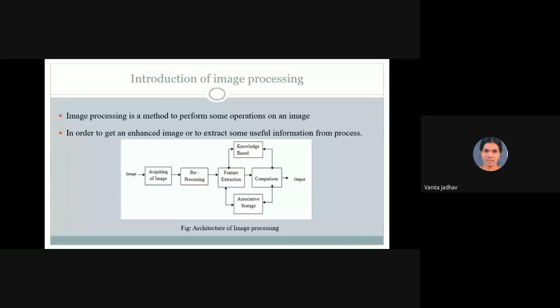What do you mean by pre-processing? What exactly is done in pre-processing? Actually, ma'am, I have not deeply studied this architecture. You should study, no? You are presenting in front of all. You should study first.